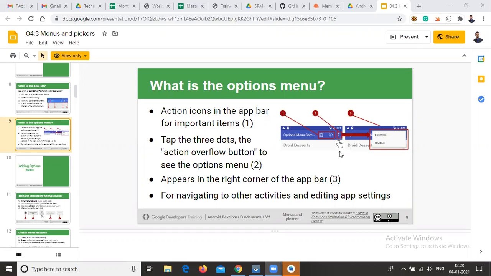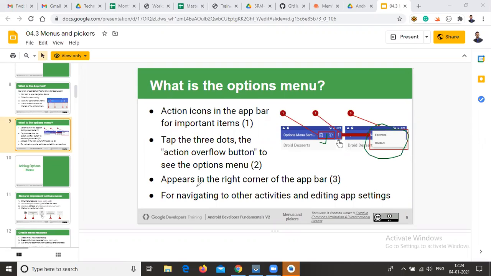The rest of the items will be displayed in the three dots. If you click these three dots, it will be displayed like this.